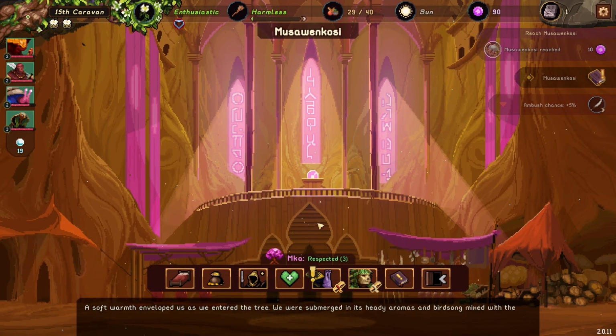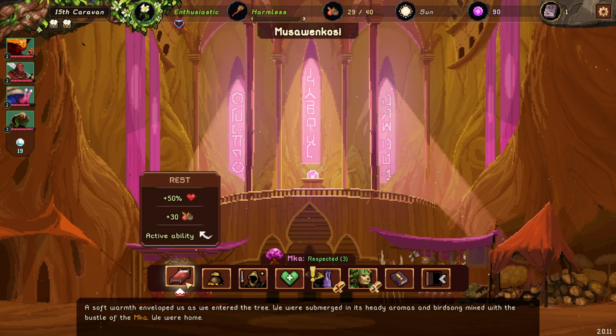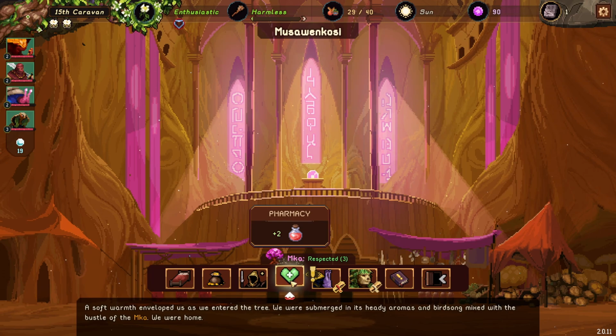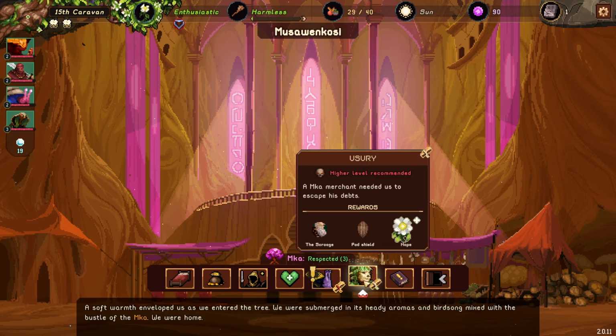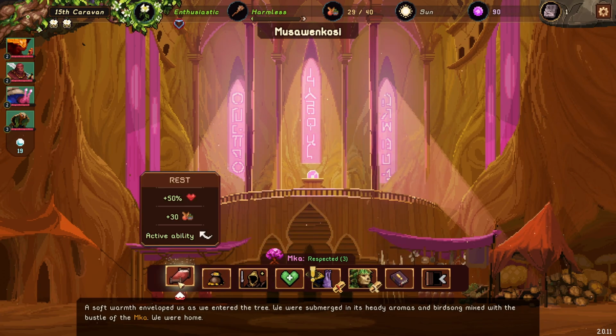A soft warmth enveloped us as we entered the tree. We were submerged in its heady aromas and birdsong mixed with the bustle of the macaw. We were home. We can rest. Okay, so I should have used my plant ability. There's a market, there's a recruitment, there's a pharmacy. This is for our quest. Usury, higher level recommended. Service board. Okay, let's do